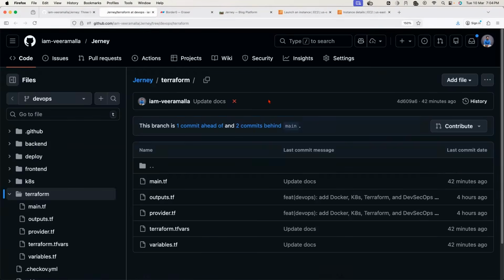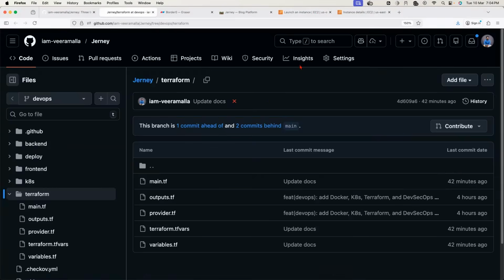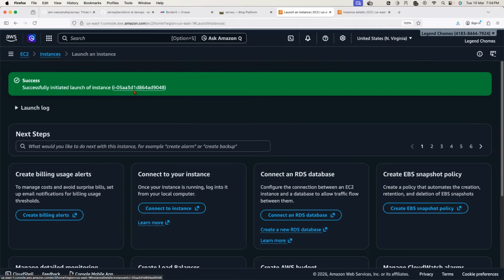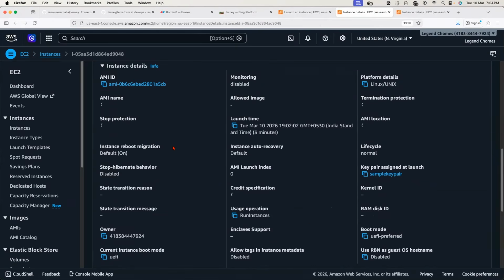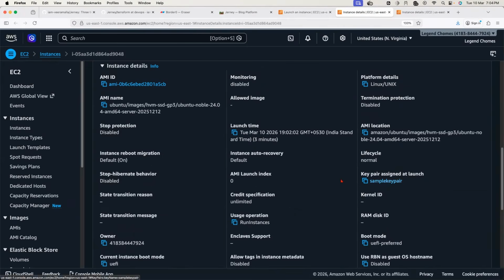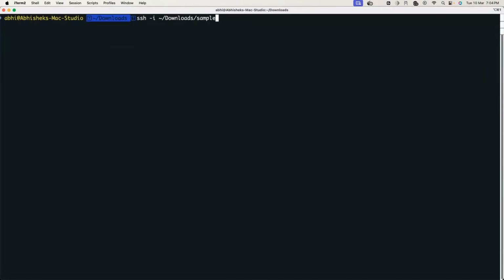Okay, now what I'm going to do here, ssh -i followed by the PEM file. I have it in the downloads folder, followed by what is the name of the PEM file? Sample, I guess, or what was the name of the PEM file? Let's see. So go back to the instance. Here I can find, I'll just scroll down, sample key pair. Okay, sample key pair.pem followed by